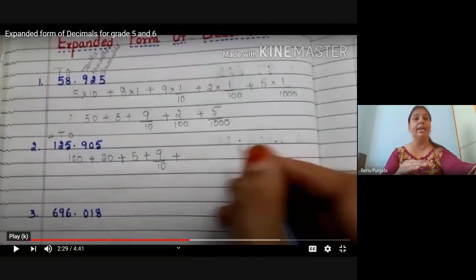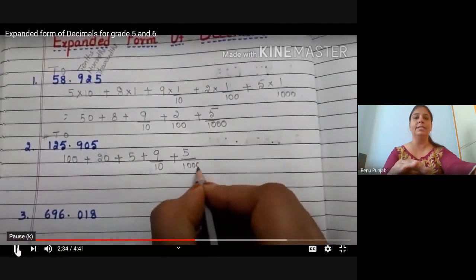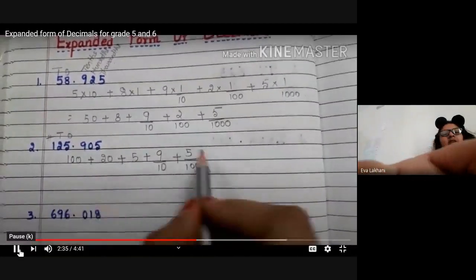So, in this case, if we find 0, we skip 0, we will not write it. But when you write 5, the denominator of the 5 will not change. The place value of the 5 will be the same. So, please don't think that if you skip 0, you write the denominator 100 with the 5. No, that will be wrong. If you are skipping the place value of 0, then with the 5, the place value of the 5 will only come. Please pay attention here. This is very much important. 5 is in thousandths place. So, 5 by 1000. Now you can see here, the value of the hundredths place is skipped and the thousandths place will remain the same. Okay, this is the expanded form.